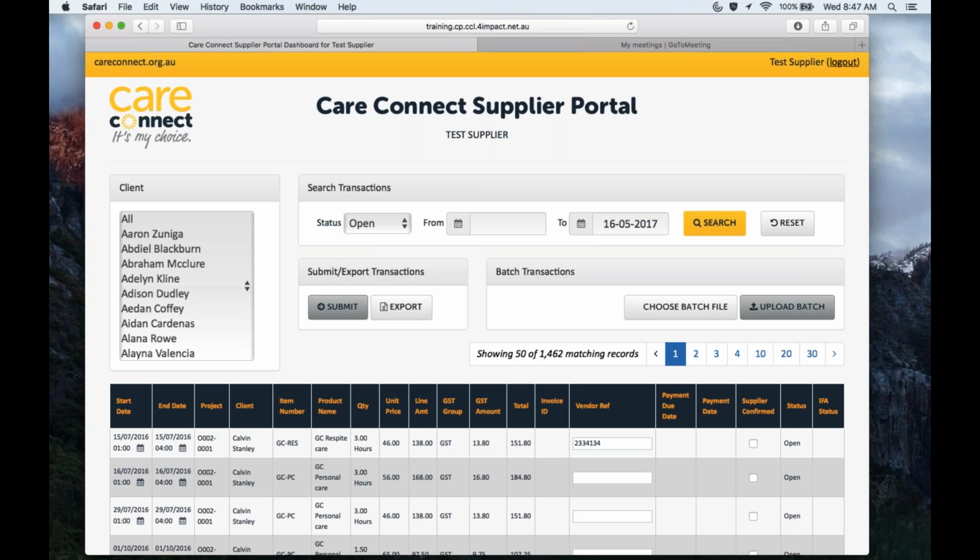Data on the supplier portal is updated in real time for all clients, and support is available for users by dialing 1300 966 170, or you can send an email. If the inquiry relates to portal or technical issues that you're experiencing, for example, you need to reset your password, contact procurement@careconnect.org.au. For transactional inquiries, things related to client services, payment updates, or the status of variations can be emailed to